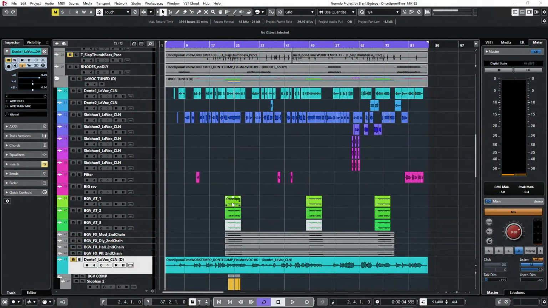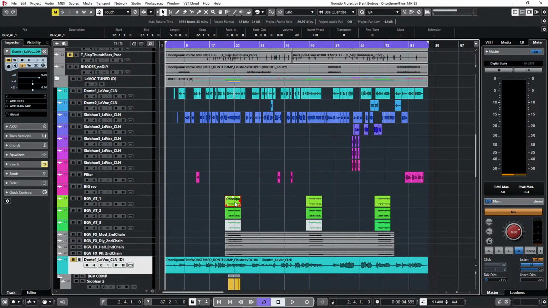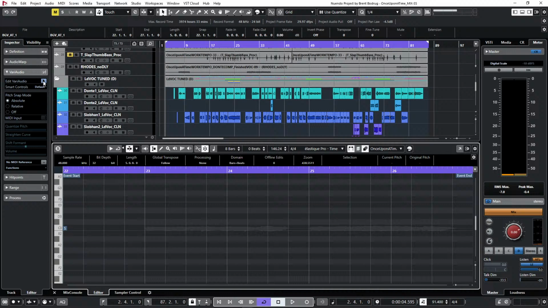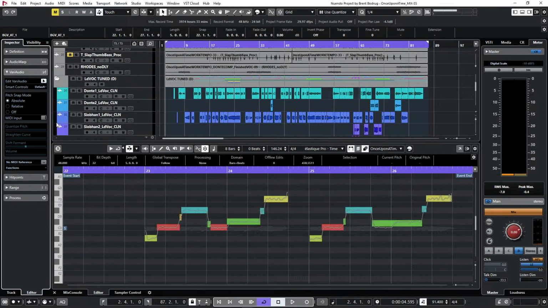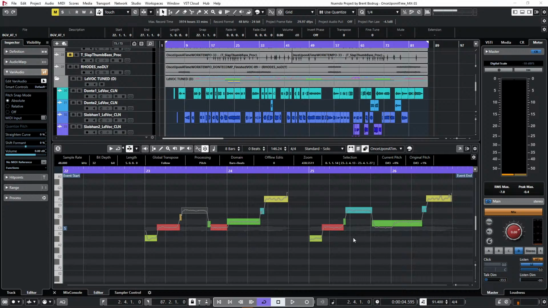So we saw the amazing built-in Vari Audio, and just to show you how easy it is to access, I know that we had this in the video, but double click on a track and then just click on this Edit Vari Audio button and see what pops up. Isn't that wonderful? And then all we have to do, if we want to do this relatively quickly, certainly we can get into moving notes around and things like that. But the beautiful thing here is that we can just